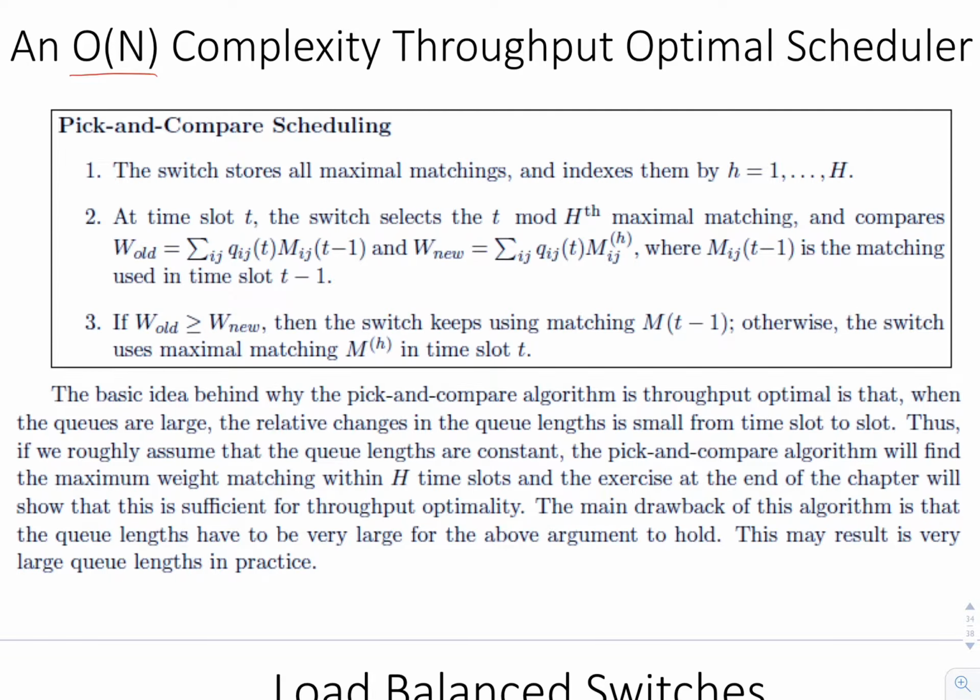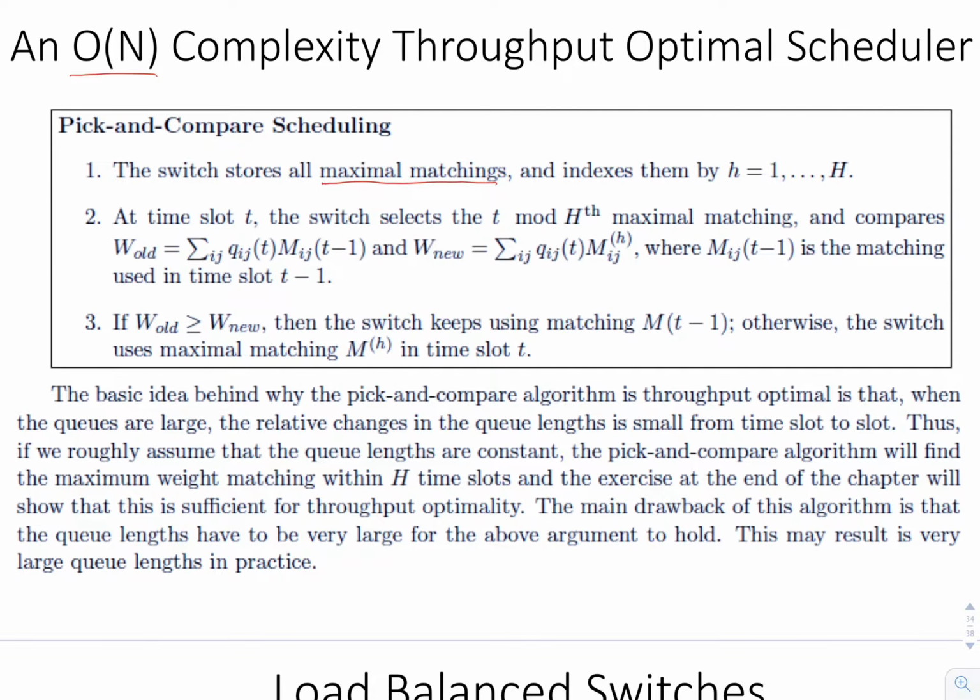So, considering the complete bipartite graph representation of the switch, we index all the maximal matchings by lowercase h, and suppose there are capital H of those. So capital H is of course a large number. At time slot t, the switch selects the t modulo H-th maximal matching and compares the weight of the old matching that it used and this currently selected matching,